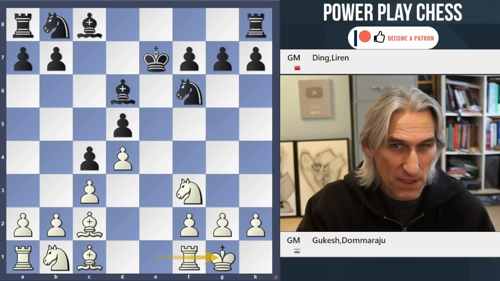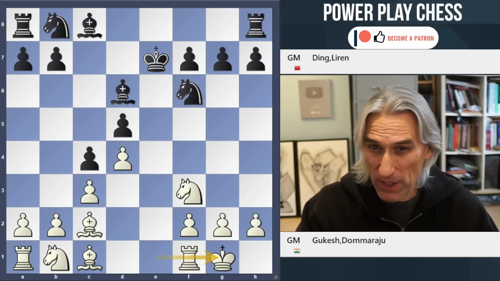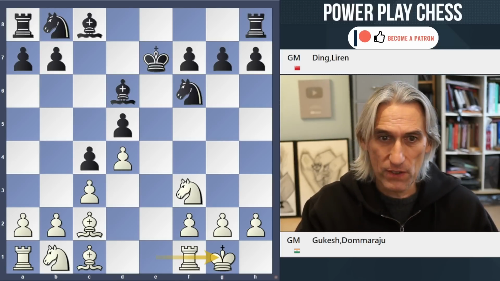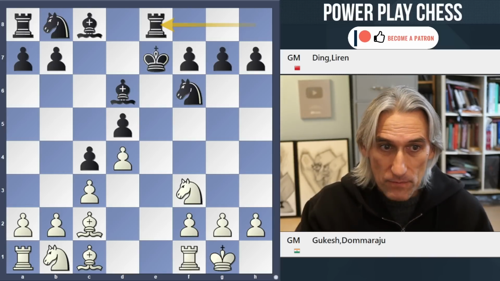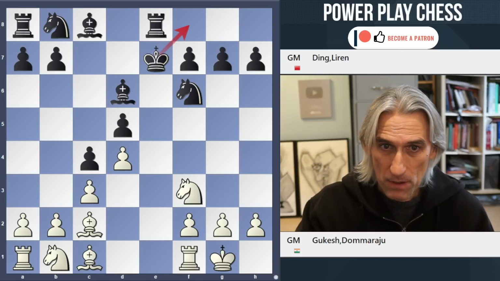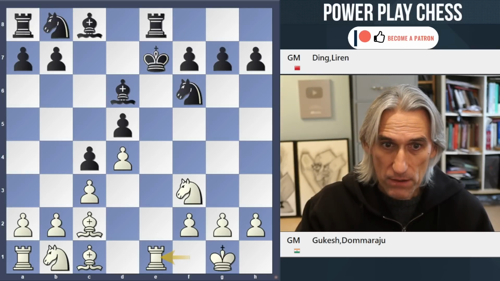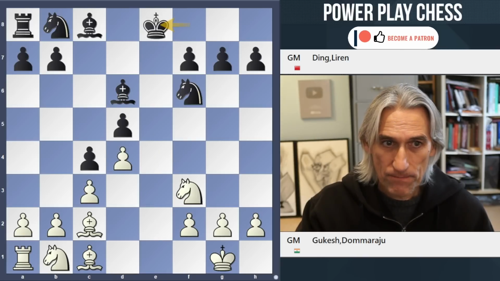In fact, he said after the game that he couldn't quite remember what his preparation was. 3.5 minutes he thought over castles. Okay, very normal move, of course. And rook e8, so preparing just to tuck the king back into safety. Rook e1 check, the king goes back, an exchange of rooks.